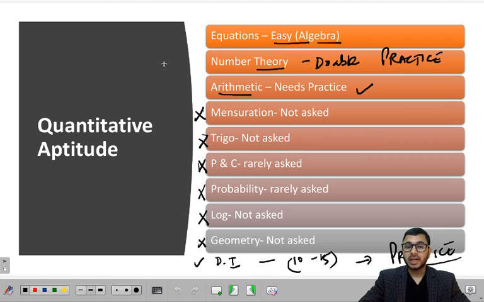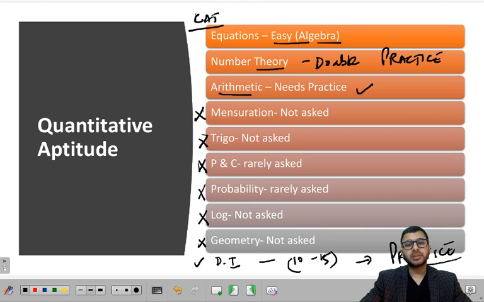Because that level of practice varies from person to person. One person catches something based on 10 questions or 15 questions. Another person needs 50 questions to understand the same thing. So that practice will vary depending upon your caliber, your understanding of a particular topic. In one topic you might need 10 questions, in another topic you might need 50 questions. So you have to start preparation practice through CAT material.